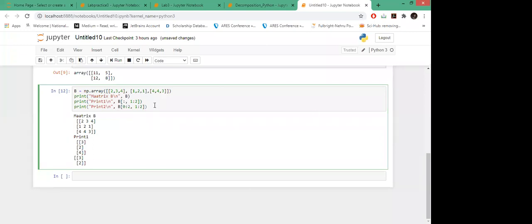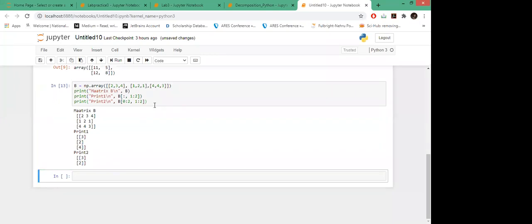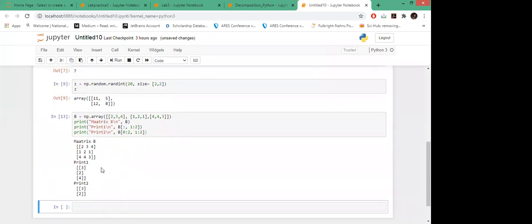It will select the 0th row and the first row, and corresponding to those rows it will select the first column. So it is selecting 3 and giving us 3 and 2.